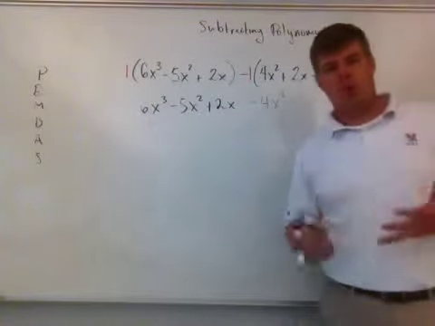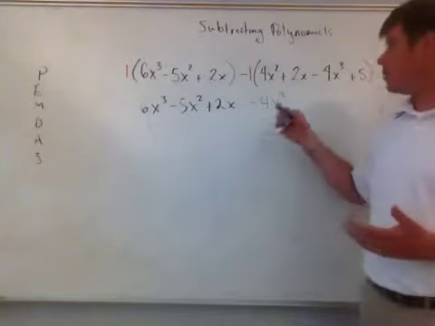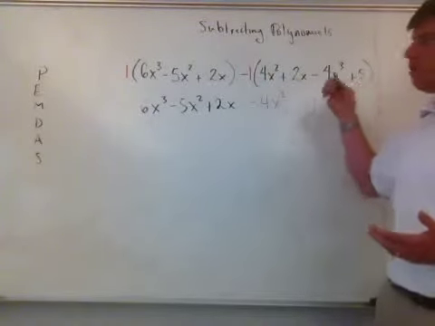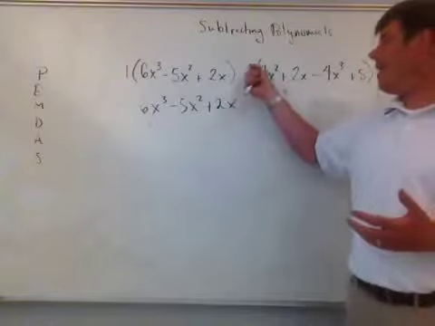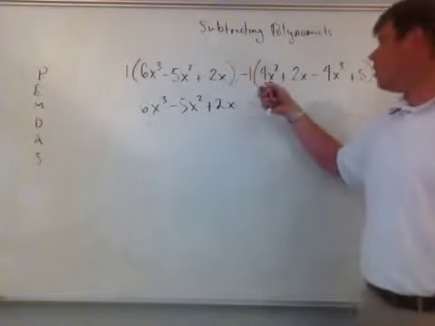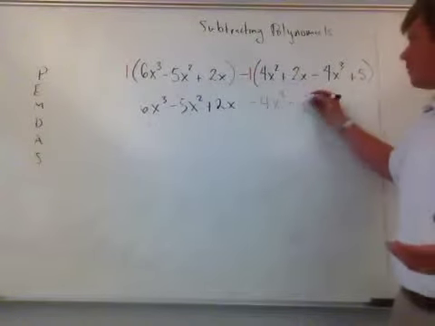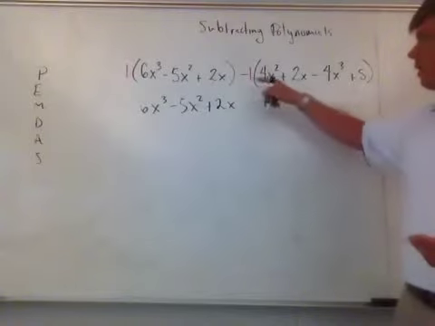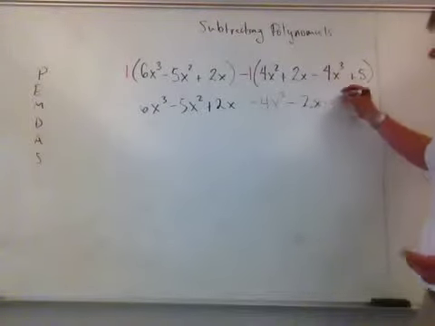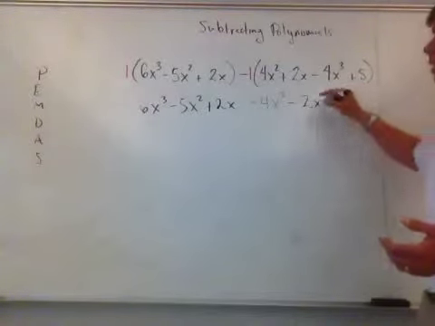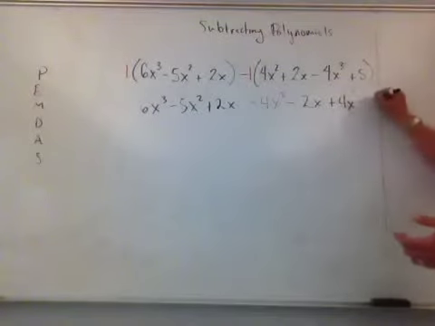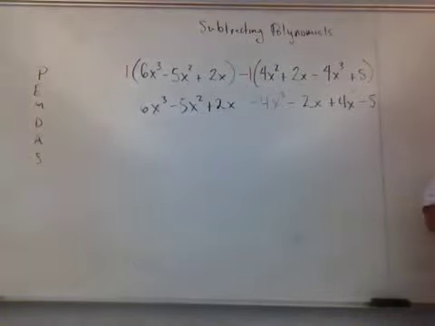Now remember, it's a quantity and it's through distributive property. So I want to remove every term. Therefore, I need to multiply every term by that negative 1. So negative 1 and 2 makes negative 2x. Negative 1 and negative 4x cubed makes positive 4x cubed. And negative 1 and positive 5 makes negative 5. So then I'm just back to